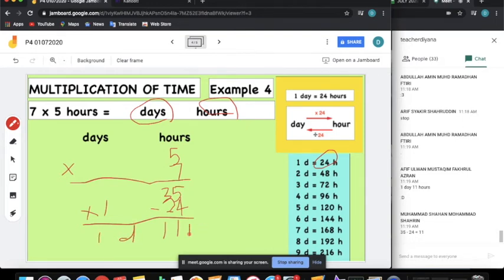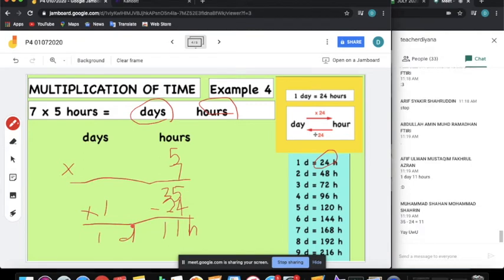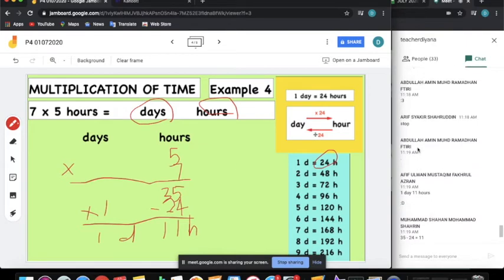Good job, people who answered correctly. Who did not understand, look here. Why did your friend get it like that? Okay, I hope you understand. I don't want your friend to disturb you. Okay, so now, if you understand, teacher wants to go to the last one. Before I go to the next question, does everyone understand how to do it? Who does not, tell me at the chat box. Do you understand? Ratu, the girls. Always the boys here, the same person, the same name here.